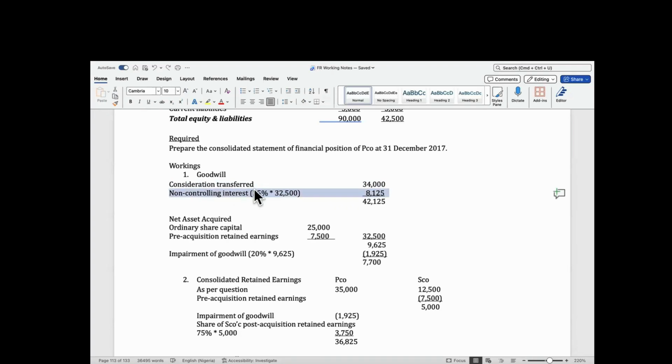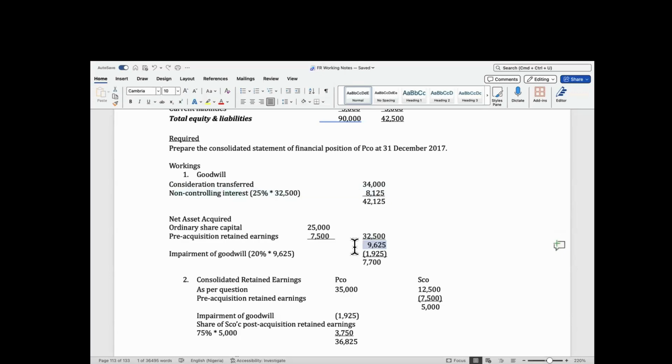What is up here, which is 25% of this, is the same thing as down here. It's in and out for the consideration paid and net asset. As far as NCI is concerned, it's the same figure up and the same figure down, 8,125, because it's proportionate share. So that's why when I demonstrated it and closed out this, I was still getting